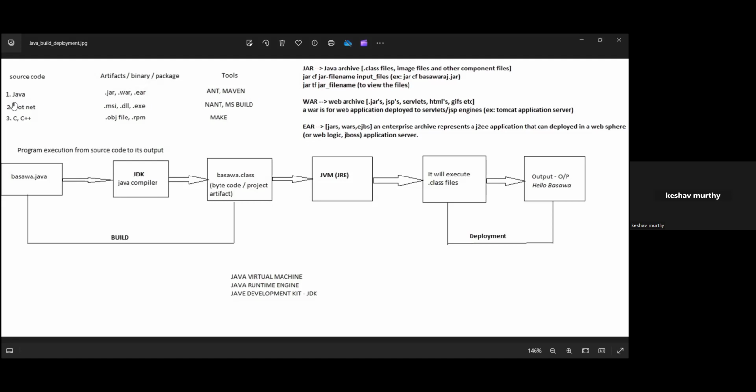In the same way, if you know the build process for the Java language, whatever may be the language, .NET, C, Python, PHP, whatever they're going to develop, if you know the build process for any one language, then you can do it for .NET or C++. Only thing is the final package differs here.